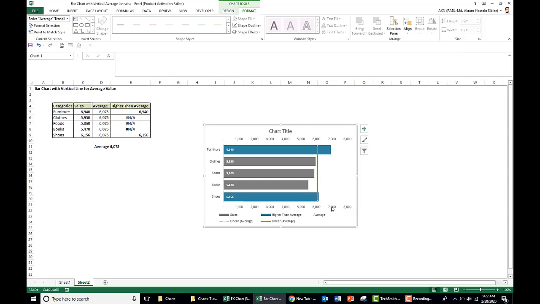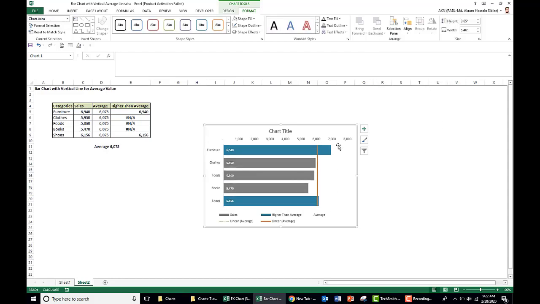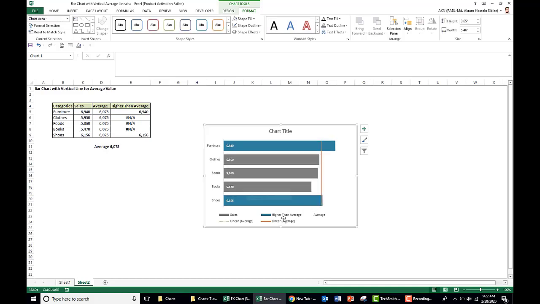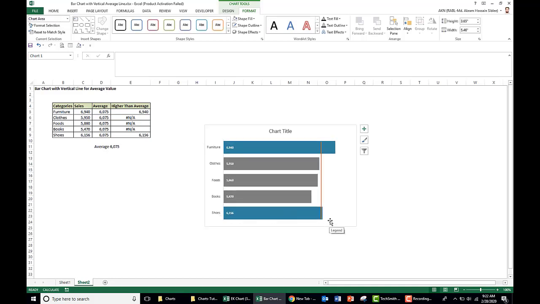Now we remove the axis value because we have the data label, and also the legends. Now we want to show that this is the average and what the average value is. So here we calculate.